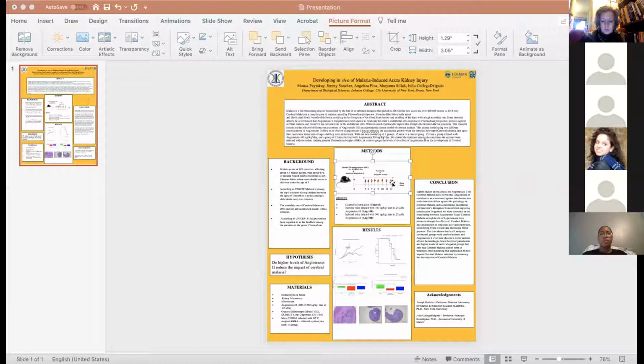And then last but not least, these are some of the stains that we got using the hematoxylin and eosin staining. So pretty much what you can see here is 3 photos. This first photo is a photo of the control group. And you can see that when you compare it to both the other photos, the second one being a photo of the angiotensin 100 group and the third photo being a photo of the angiotensin 500 group, you see that